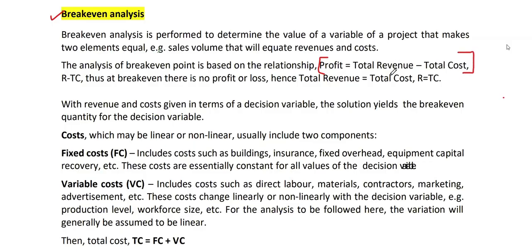Total revenues. Total revenues would be like total sales, right? Sales, take away total cost, or simply revenue R, we could say total revenue, take away total costs. Thus, at break-even, there is no profit or loss, which means that at break-even, total revenue is equal to total cost. So when you say R equals TC, revenue equal total cost,